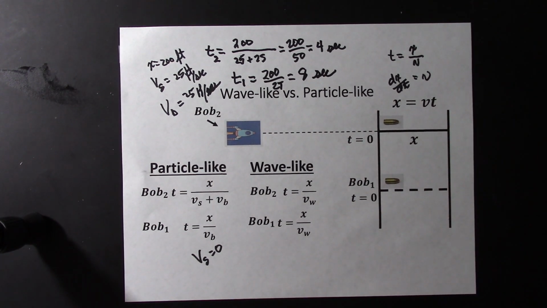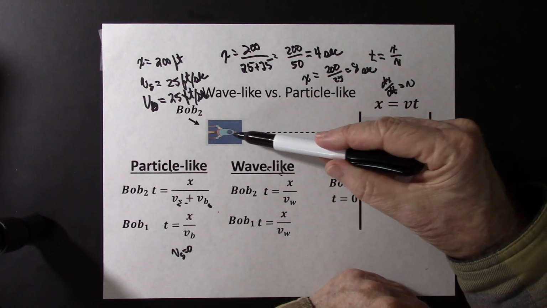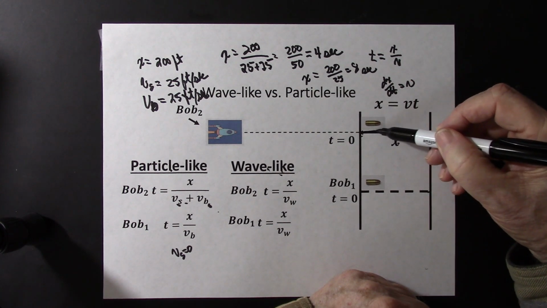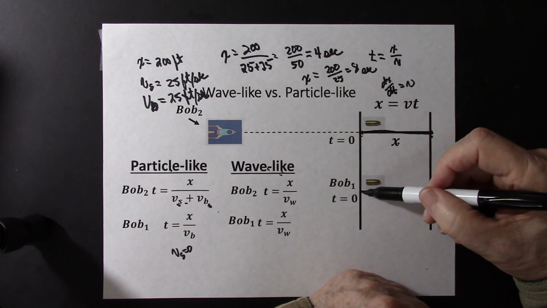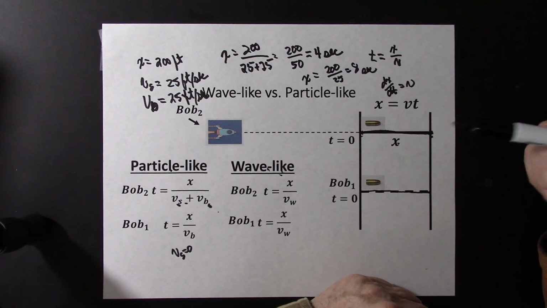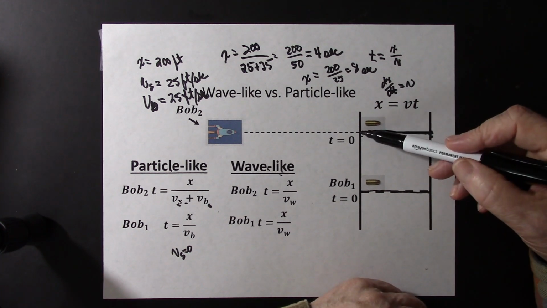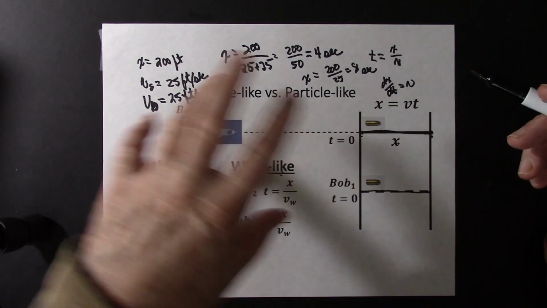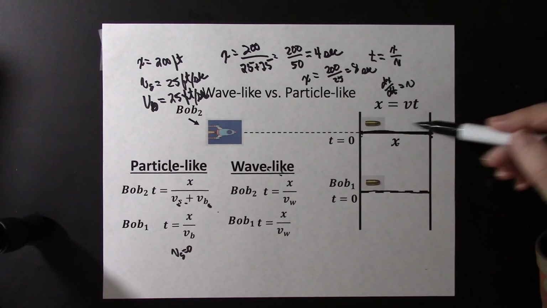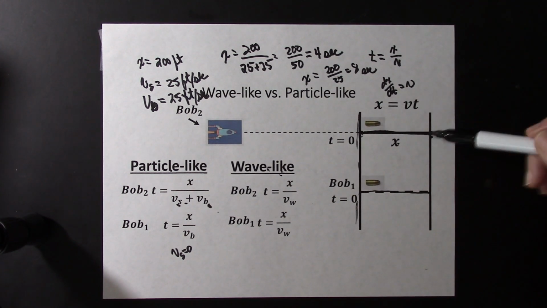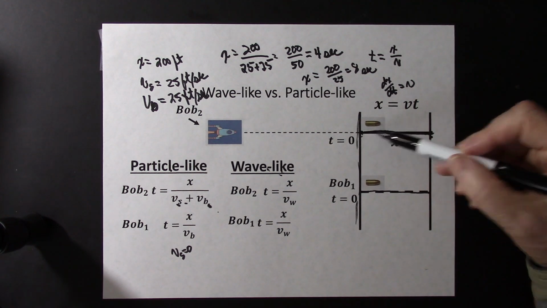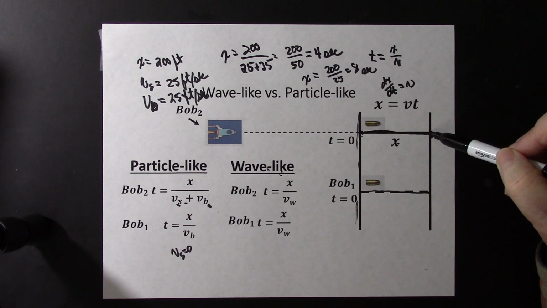What about wave-like? If we repeat the same experiment and send Bob 2's spaceship along here, and when he gets here, he shoots a sound wave from here to here, and Bob 1 does the same thing, what would happen? Nothing would happen. It wouldn't go anywhere because sound waves need something to travel through. And since we're out in outer space, there's nothing here to travel through, and so sound waves wouldn't go anywhere. We'd have to, in this box, put air, water, or something for the wave to travel through, and the velocity of the wave would be wholly dependent on the substance that it was traveling through, like water